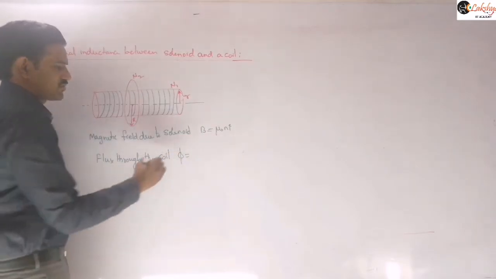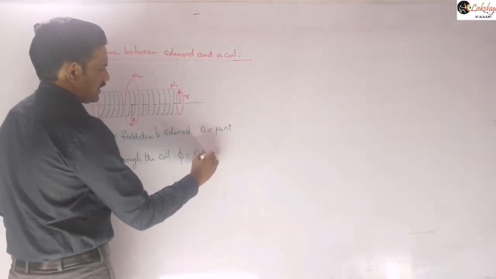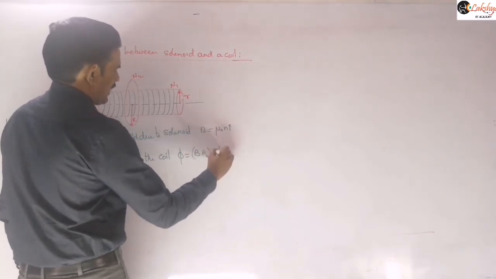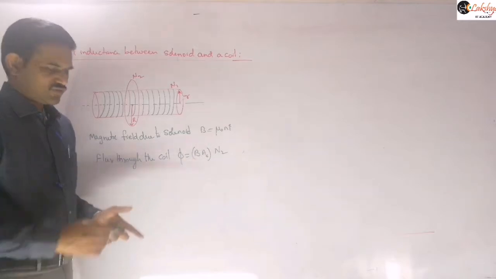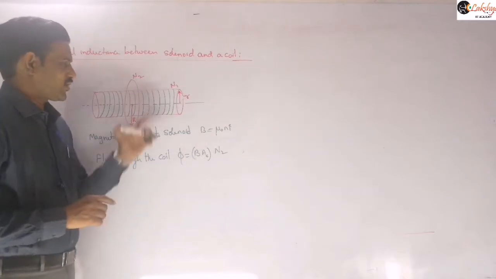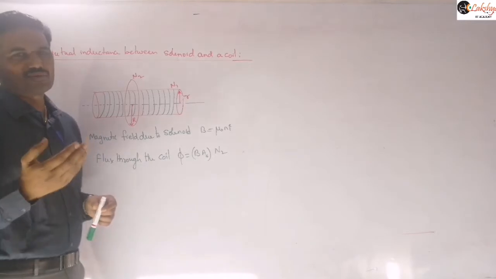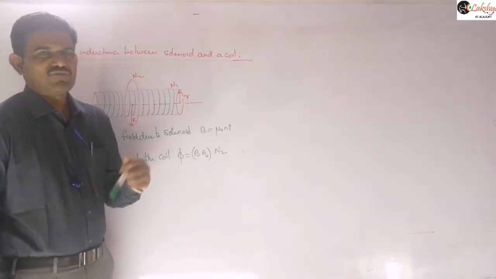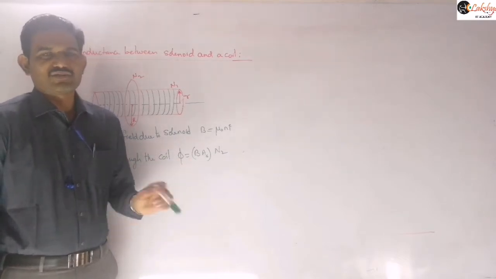So this flux through the coil means what I can write there is B into area of the solenoid into N2. Now we need to write. So this is the only important thing here. So that means now the area means not the area of circle, because you know magnetic field outside the solenoid will be approximately 0. It is negligibly small. So only for solenoid we define the magnetic field inside the solenoid. Outside the solenoid means it is negligible.